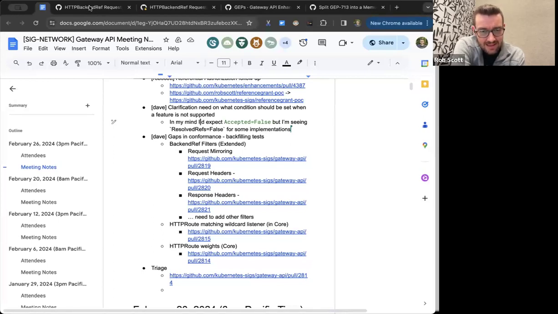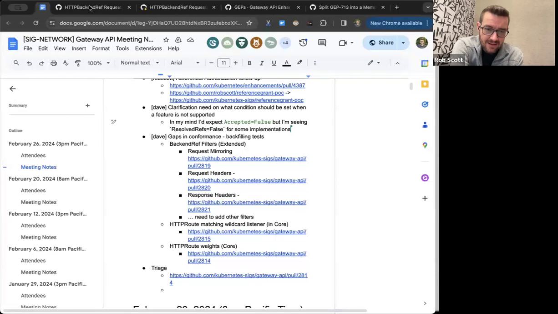So I'm just going to say everything else is false too, where it seems like accepted false may be something that can stand on its own with just the reason it's not accepted instead of having these other conditions alongside. I'm not sure, but it might be good to provide some examples if you can of the